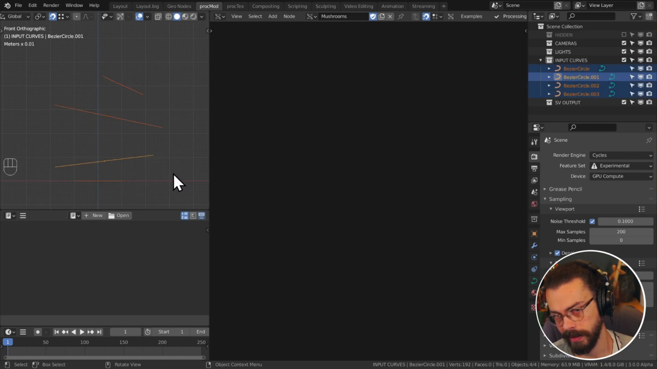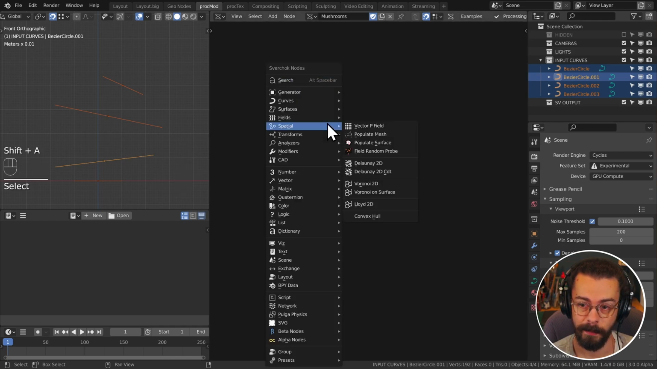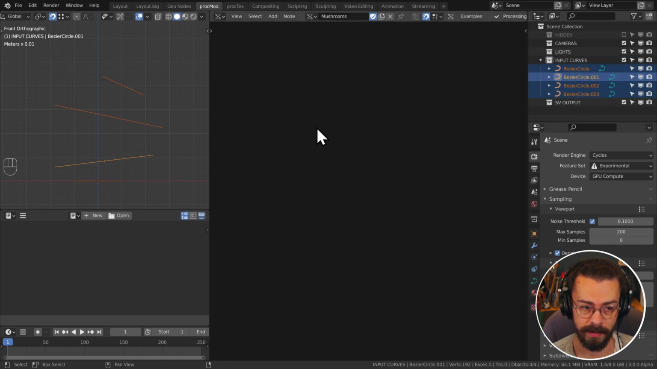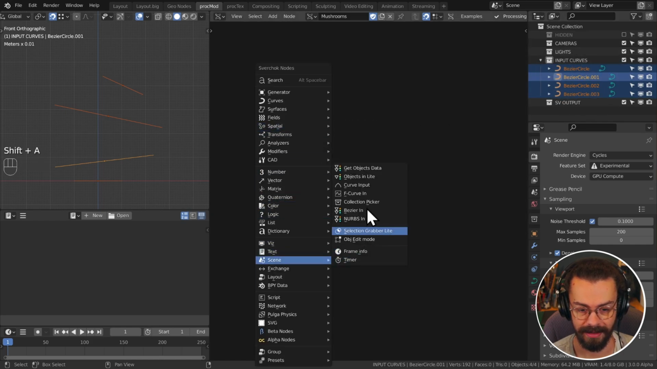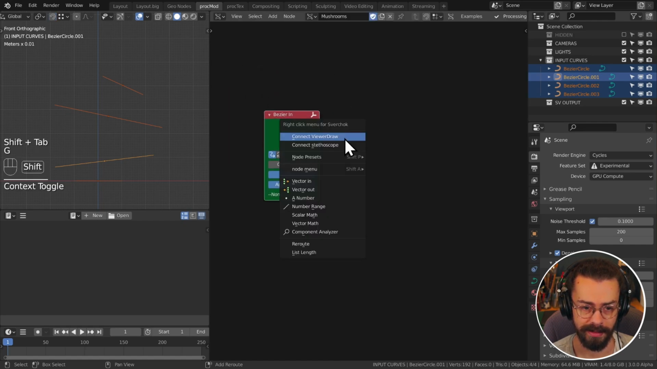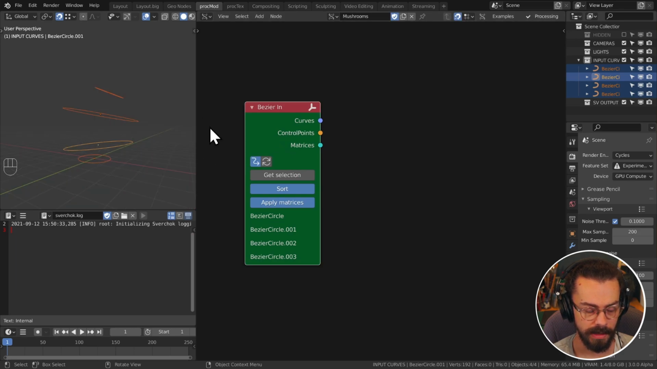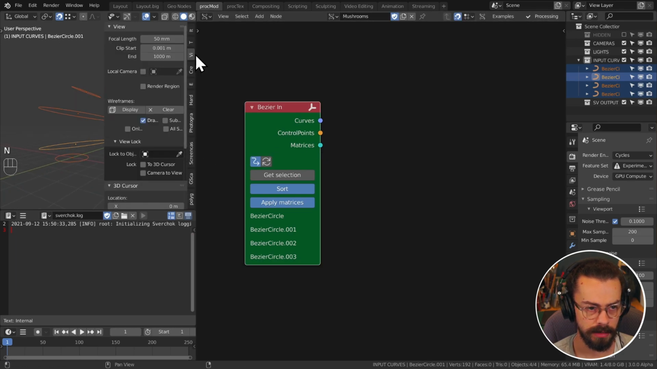Okay, we want to get curves into Sverchok, and we're going to use a node called the Bezier in. These are Bezier circles, so we're going to use the scene Bezier in node. I have snapping turned on, which is why things snap to my grid. Okay, get selection here. Now what we're interested in, let me just double check that everything